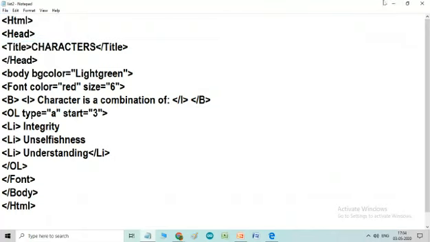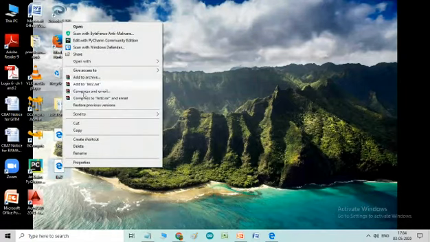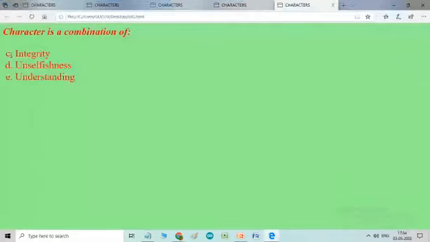Save. See, it starts from the alphabet C, D, E. It means 1 is for A, 2 is for B, but we have specified 3, so it will take the alphabet from C, D, E.